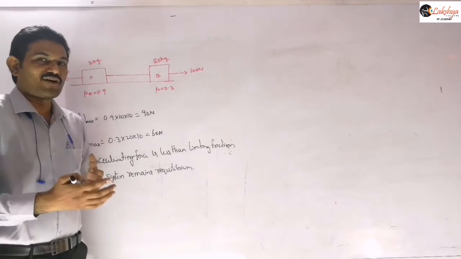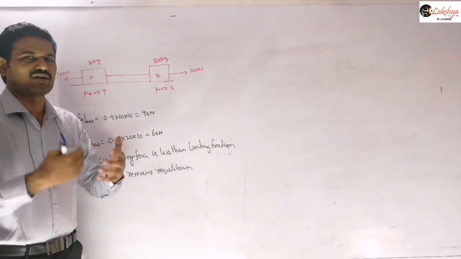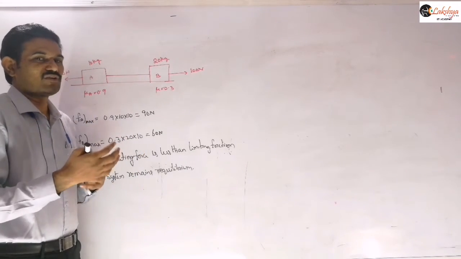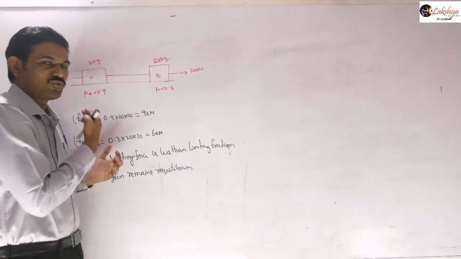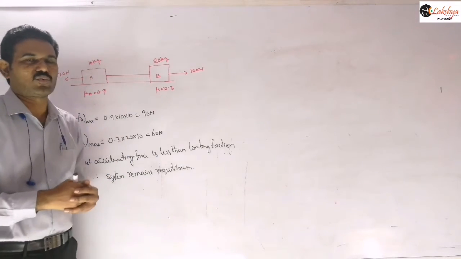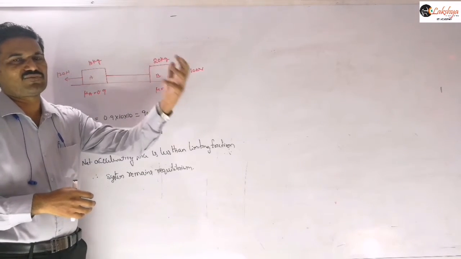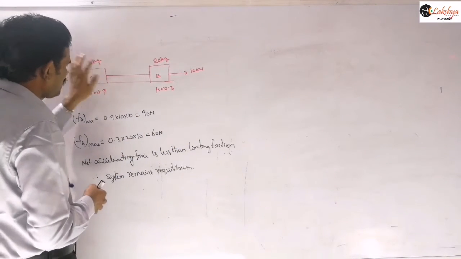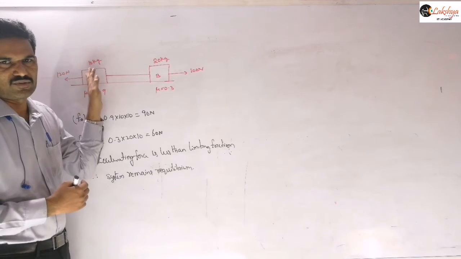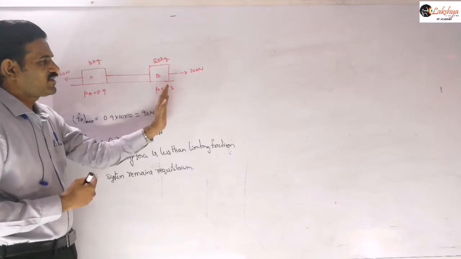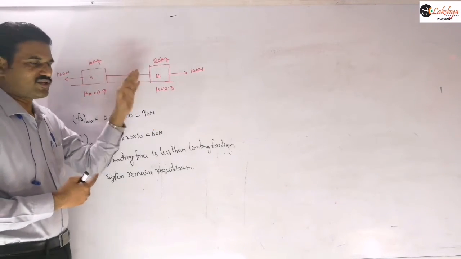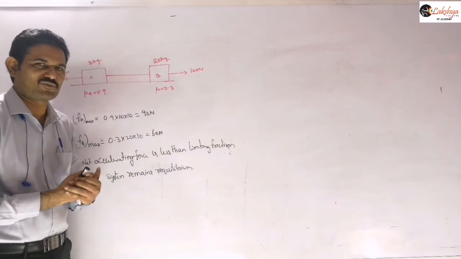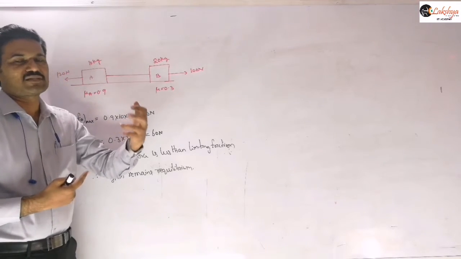On one of the blocks it will become maximum limiting friction, and on the other block some static friction will be there in general, right? So now you need to verify by trial and error. You need to assume the maximum frictional force acting on one of the blocks, and verify that the frictional force acting on the other block is less than the limiting friction. That means we assume that limiting friction is acting on this block, for example. Then, by taking this as the limiting friction, we calculate how much frictional force is acting on block B. That friction we obtain must be less than the limiting friction.